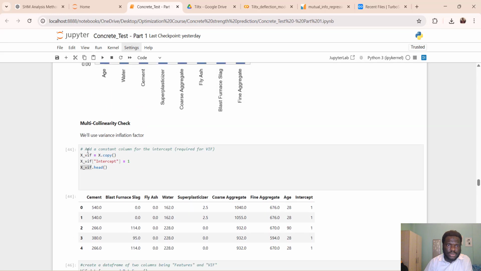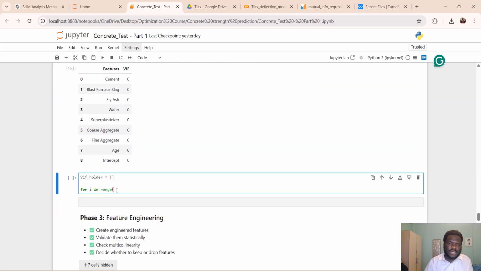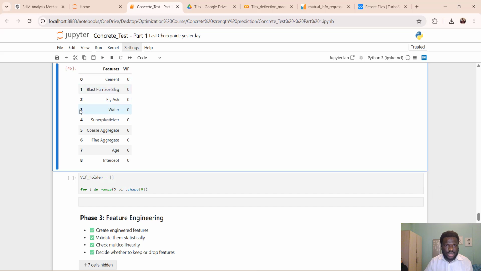xVIF, in range xVIF dot shape. Then I'll pick the first one. You can simply say for i in range 8 or in range 9, you have 1, 2, 3, 4, 5, 6, 7, 8, 9. So instead of simply writing for i in range 9,